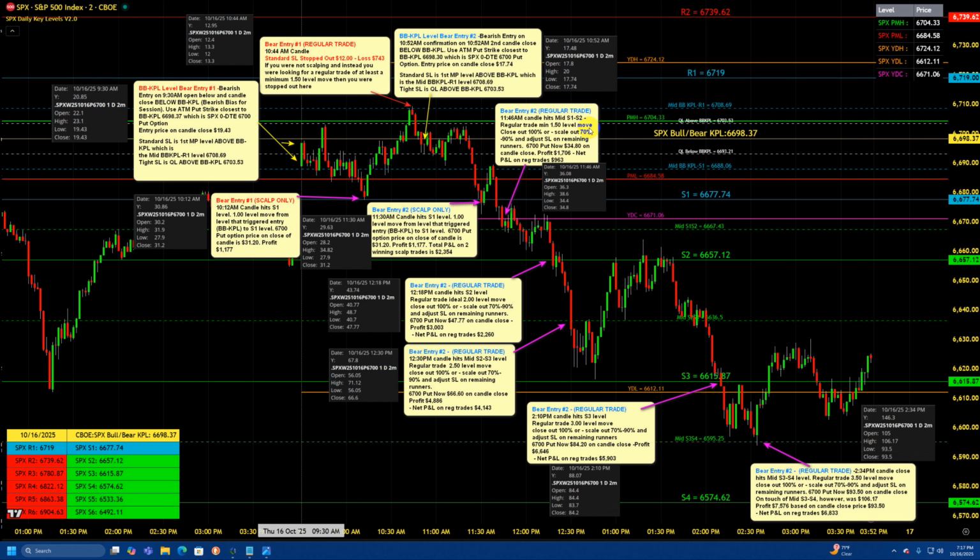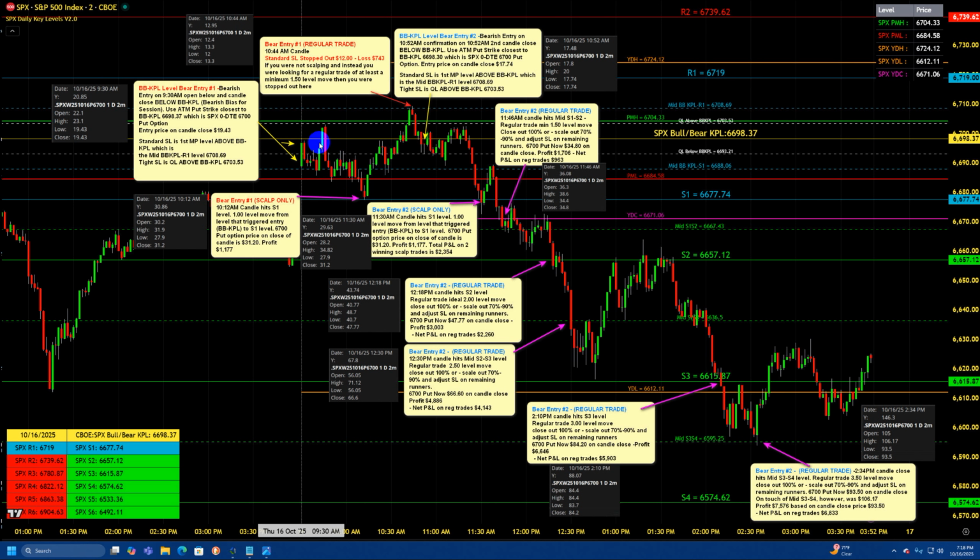So as you can see here, we've marked out the difference in the boxes between regular trades and scalps. How a scalp is done with this particular indicator is that you are looking for a one level move for your 100% closeout of your scalp. You're still using the same stop loss options that you would, no matter which type of trade you're taking, regular or scalp. You're using the same stop losses. However, your exit is completely different